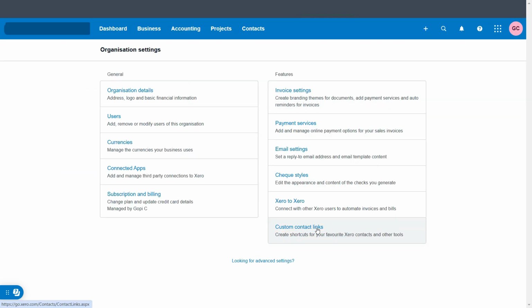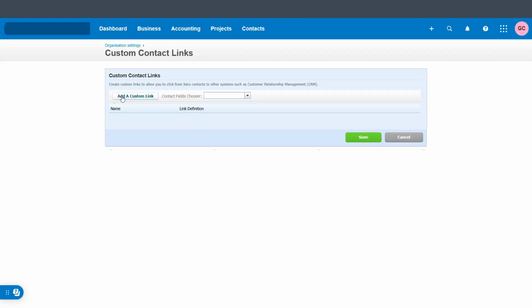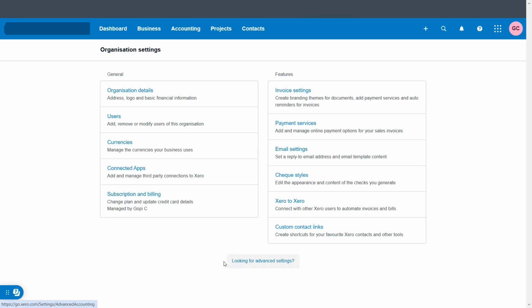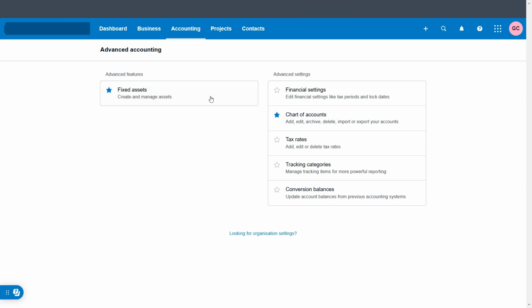You can create custom contact links. Once you click here you can add a custom contact link. You can choose the contact ID, contact name, if you have API code, contact account number, email address. Likewise, you can set that up. Once you have the detail, you define the link and then you save it here. Then in case you want an advanced setting, you can go and click here. This will get you to the advanced accounting section where